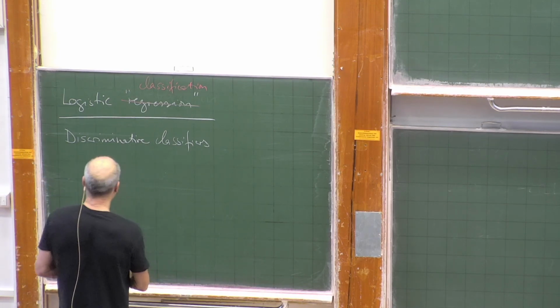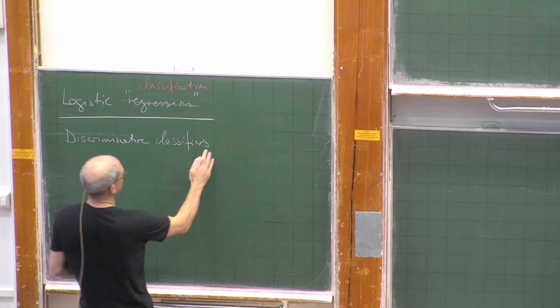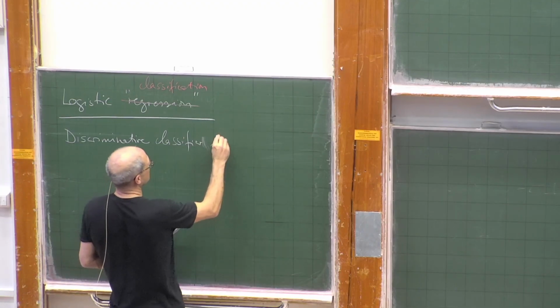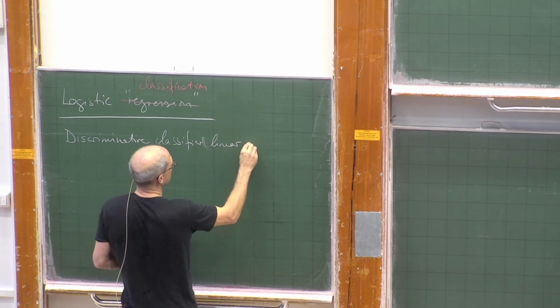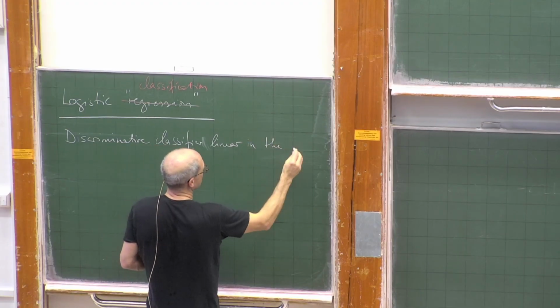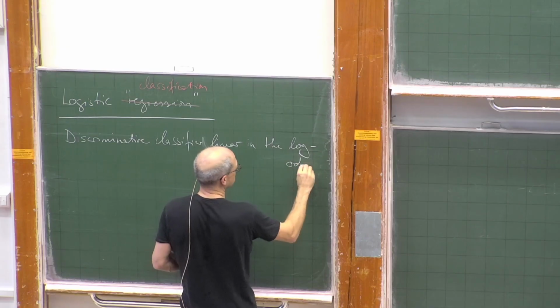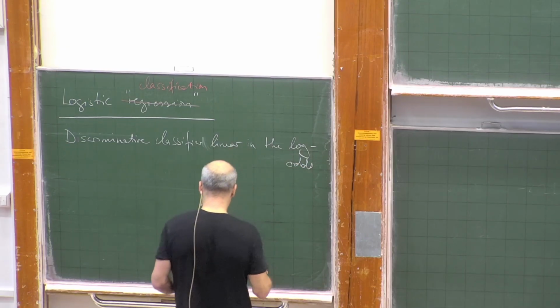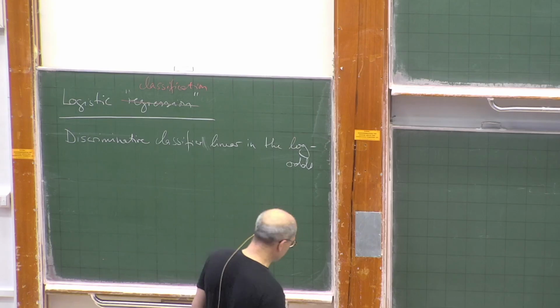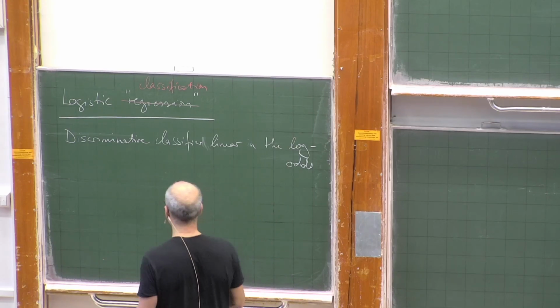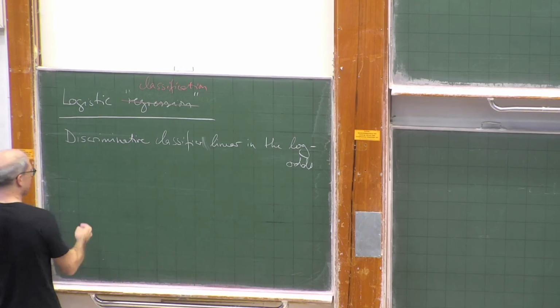And this is a discriminative classifier which is linear in the log odds. And what the log odds are, we will see in a moment. Okay, but before we go there, a brief